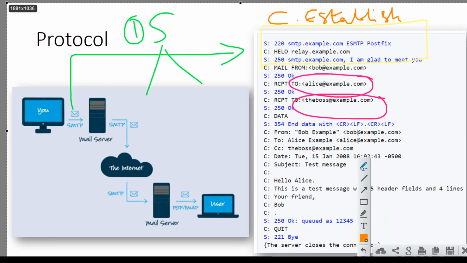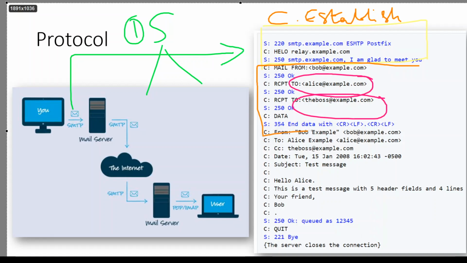But the idea is, whenever there is a protocol, there are two parties involved, a sender and a receiver. To make sure the sender is ready and the client is also ready, we do something called connection establishment. It is just like putting a pipe in place for communication. So this is the connection establishment state, and then this part is where we are sending the data.